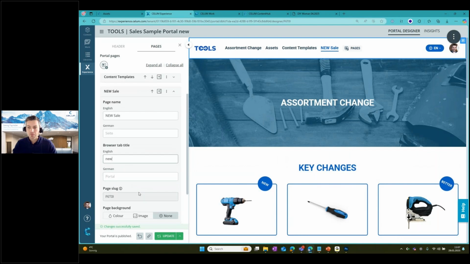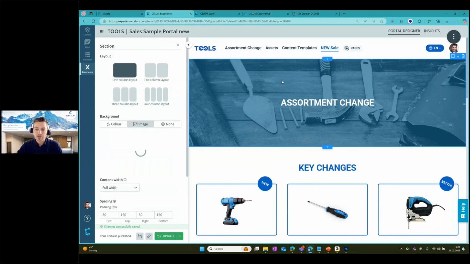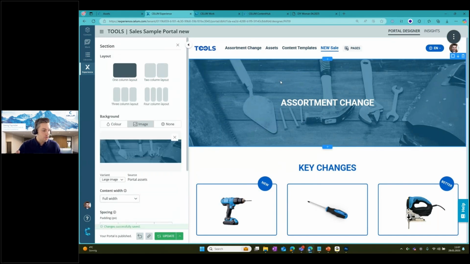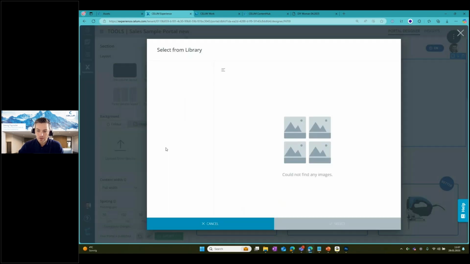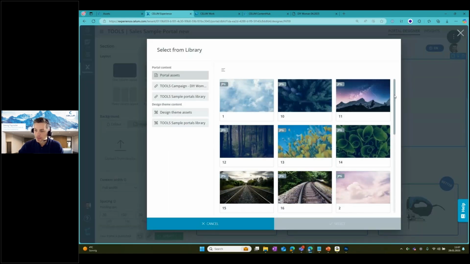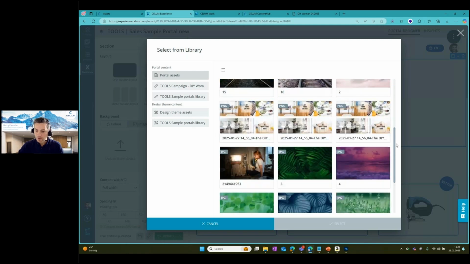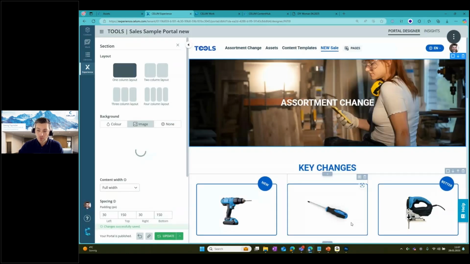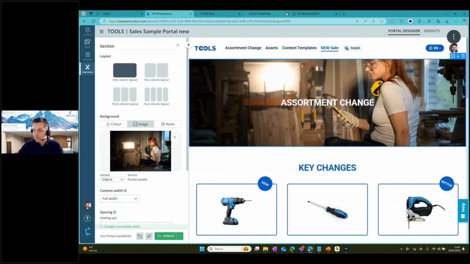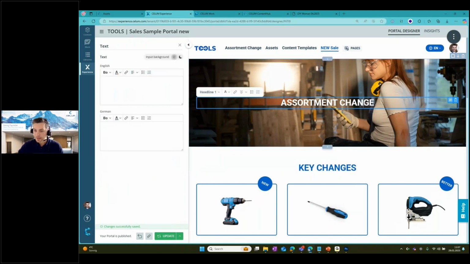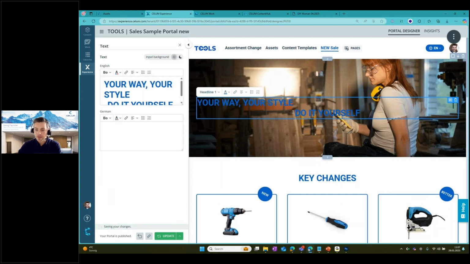Good. That was the first step. And what we see here, I have a new page called new sale, and now the user is able to create, let's call it a skeleton, to provide and create the content. What I will do here now is, for example, change the image here, directly upload it from the desktop, or maybe choose from existing content, approved content, confirmed content. But as you can see, I'm also able to directly change the look and feel